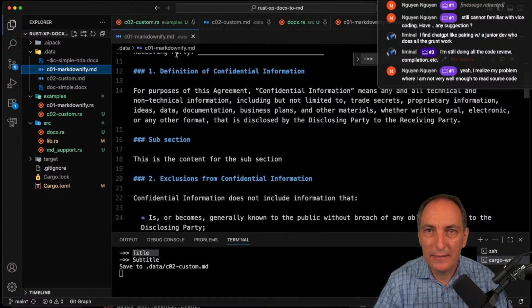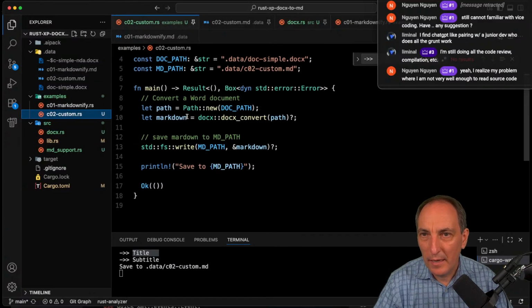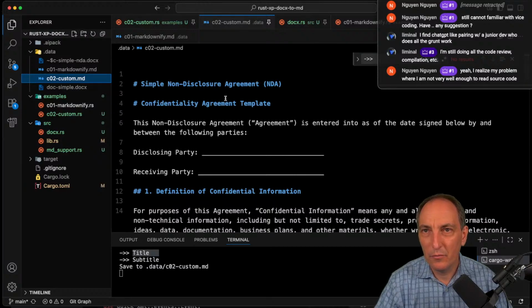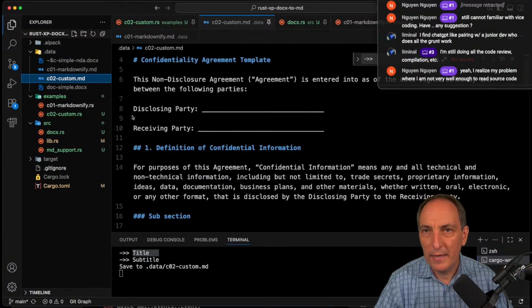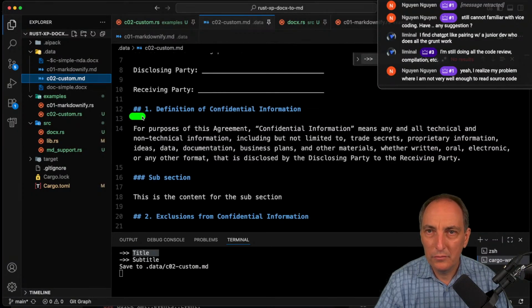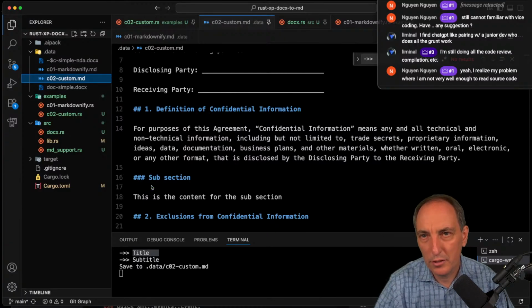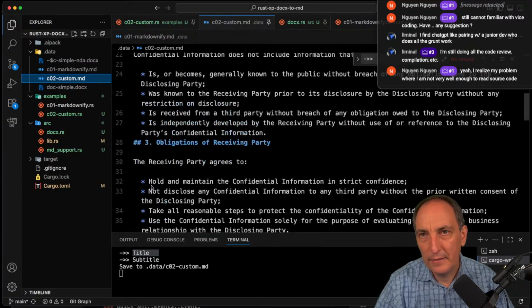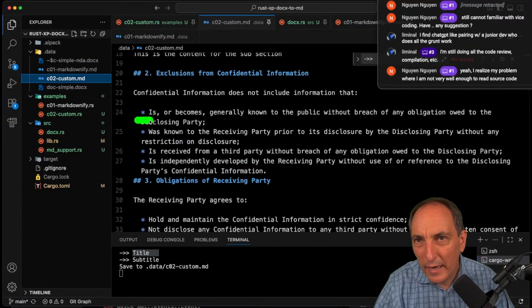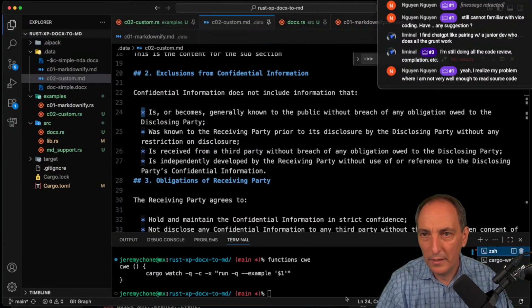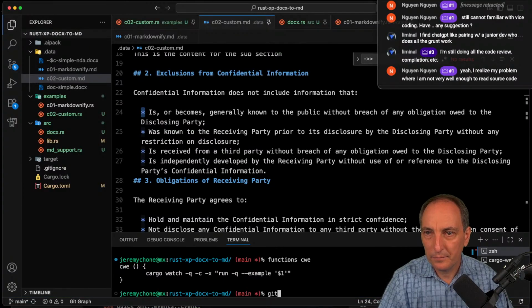Now, with the little modification that we did over there, now we have the markdown like that. See C02 custom, where the title and subtitle are 1 for now. And then we have the heading 1 at 2 and heading 2 at 3. So basically we add 2 to the Word heading, which is completely fine. And then it's pretty good. Now there's another guy here that I don't like, but right now what I'm going to do is git add